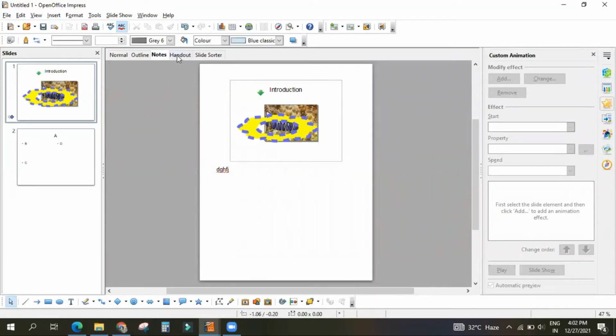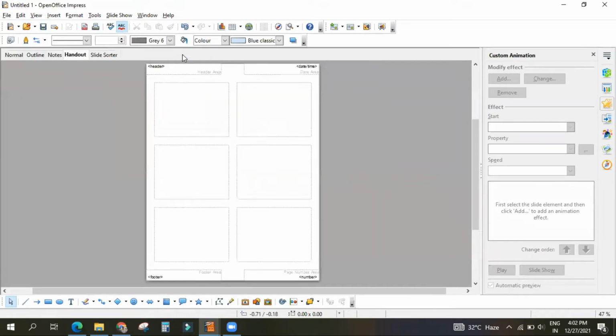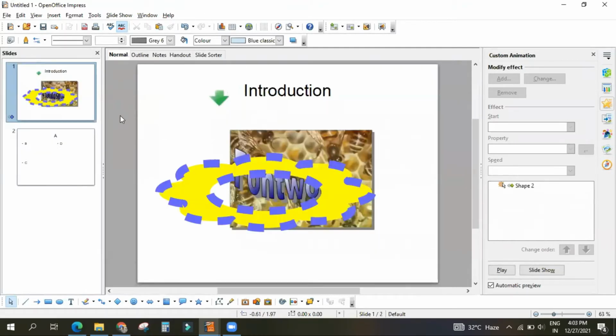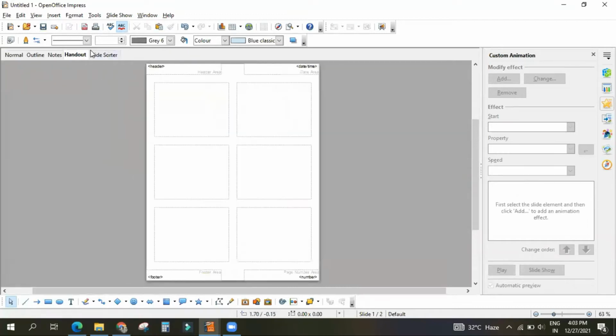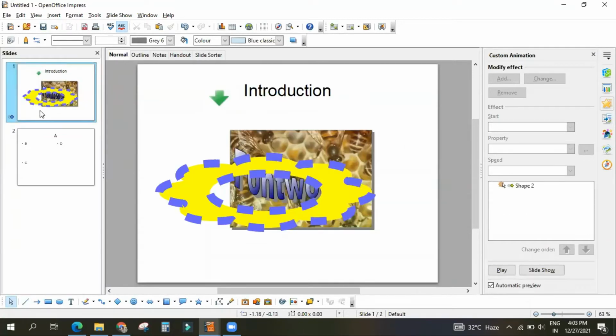Understood what is this notes? Okay, clear? Yes, sir. What is handout? Handout means, you see, in case of Word file, what will happen? A full A4 page will be there. So many content can be used in a single page. But in case of PowerPoints, what will happen? Okay, each page will take one paper to take the printout, and so many prints will come out if you go for normal printout.